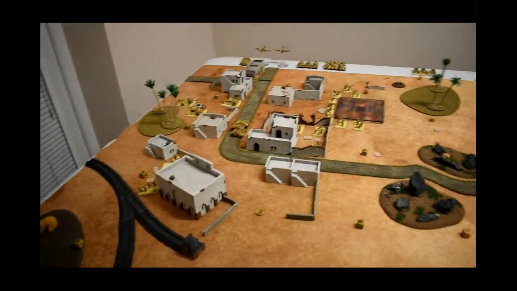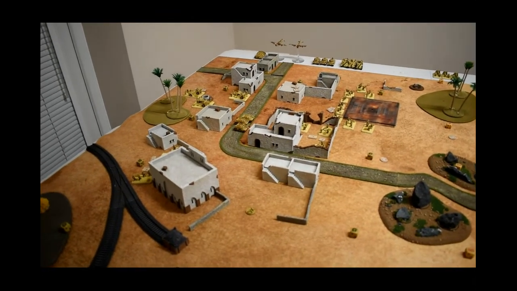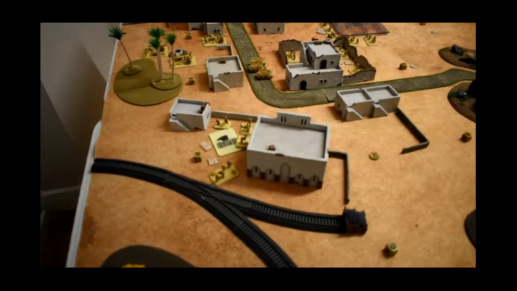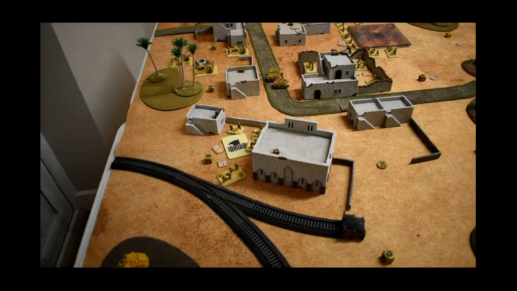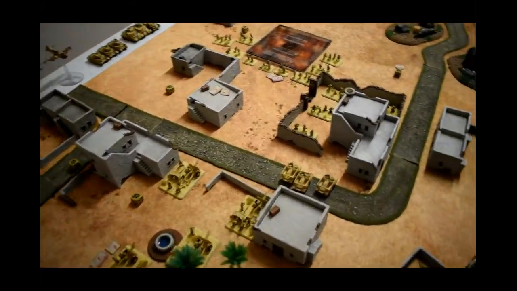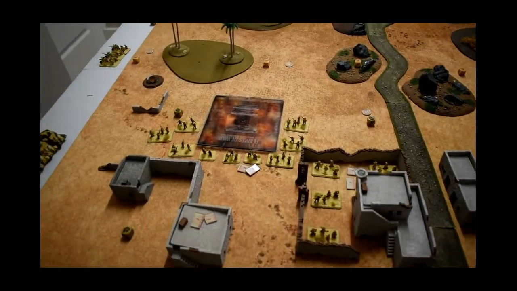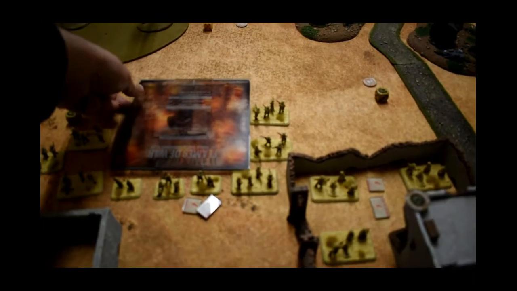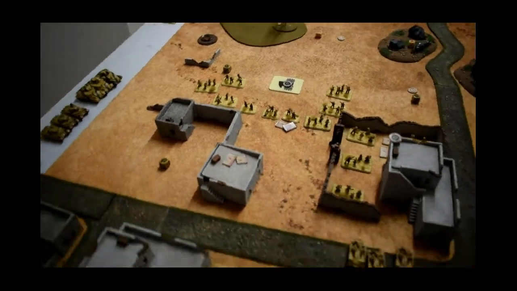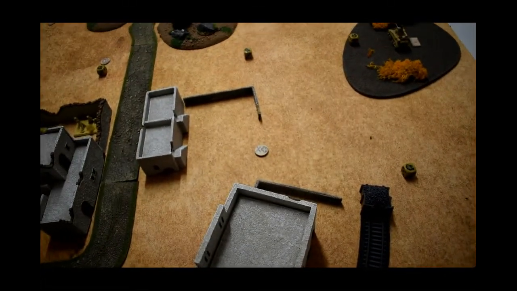So Jimmy has put the Matildas, the Grants, the Kittyhawks and the Universal Carriers in reserve, and he has his 6-pounders in ambush. So he has a 2nd platoon holding the railway area here on one of my objectives. He has the 25-pounders further back with the Universal Carriers hidden. We have the mortars in this courtyard, 1st platoon around the objective, which I have a ranged-in marker on, as we can see here. And HQ is in this building here, giving support to the 3 platoons. We have a minefield by here,